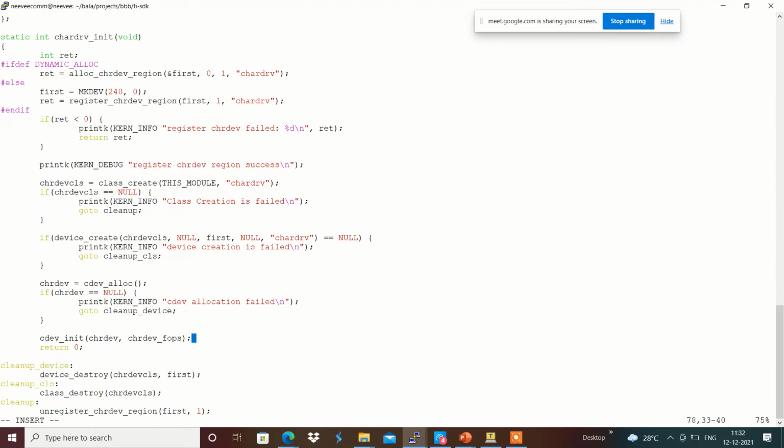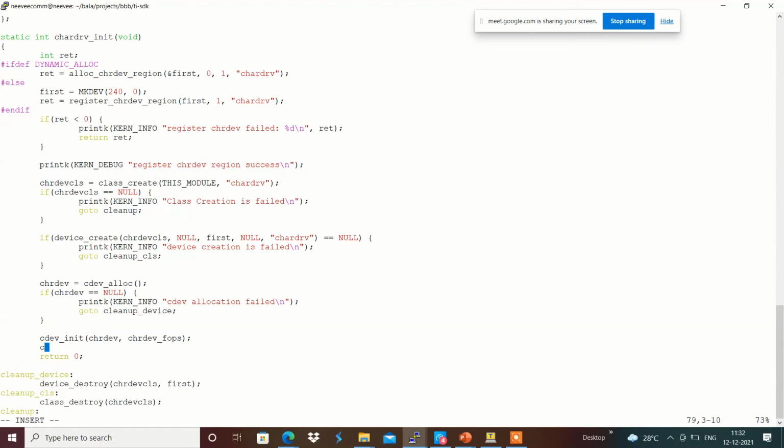Then I am going to add the major number and minor number which was created using the alloc. The first is the major and minor number which has been allocated in the character dev region, that we are going to add into this character dev with the help of the cdev_add function.